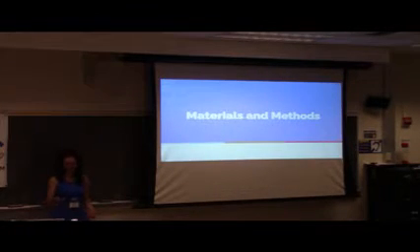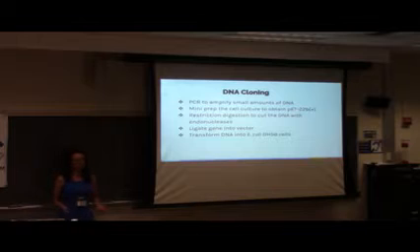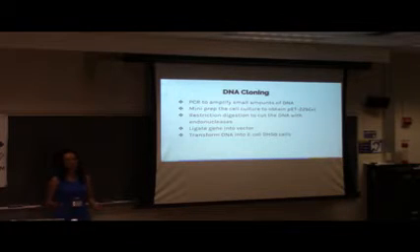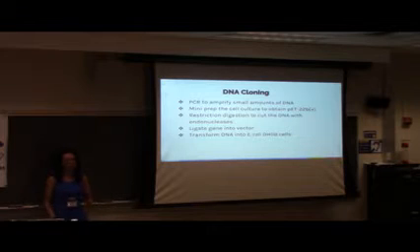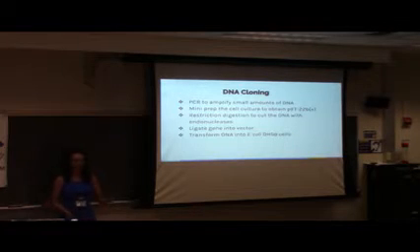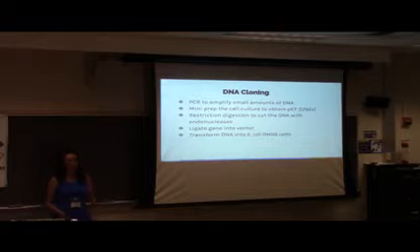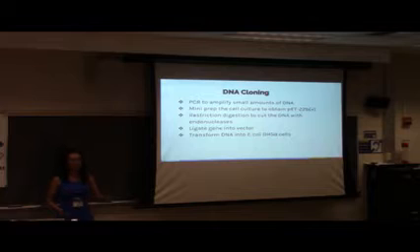So how did I do this? Well, first I started off with DNA cloning. We did polymerase chain reaction, which amplifies small amounts of DNA. After this, we mini-prepped our cell culture to obtain pET22b+, which is an E. coli expression vector. After this, we digested our DNA by using endonucleases SalI and NdeI. This prepared it to be ligated so we can ligate our sample into the vector. After this, we transformed our DNA into E. coli DH5 alpha. We specifically chose this strain because it allows for a higher transformation yield.